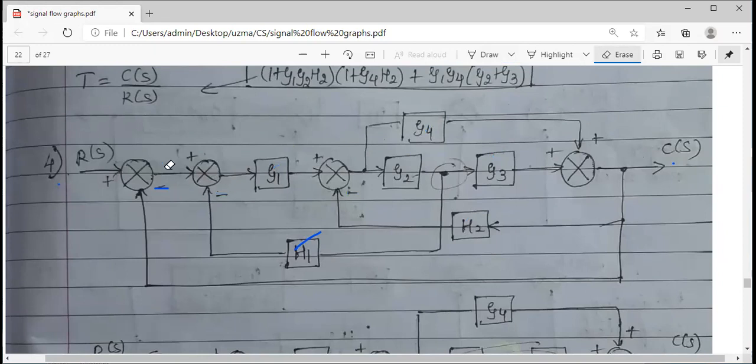Whatever different rules you have seen for block diagram reduction techniques, you can apply the way you want. Okay, because everyone's thinking will not be the same. So I may start with a different point using some different rule. You may think and start with a different rule. So you can try anyhow. It is not necessary that what I follow you have to follow the same. The rules application may be different.